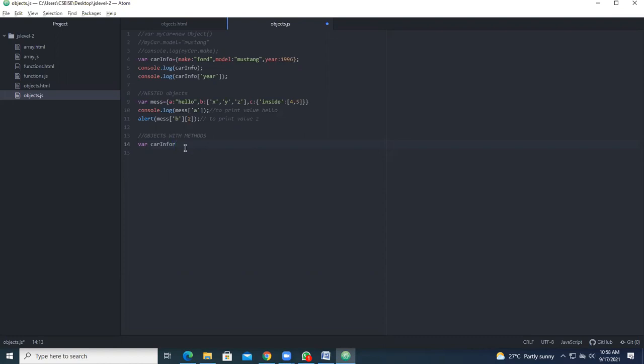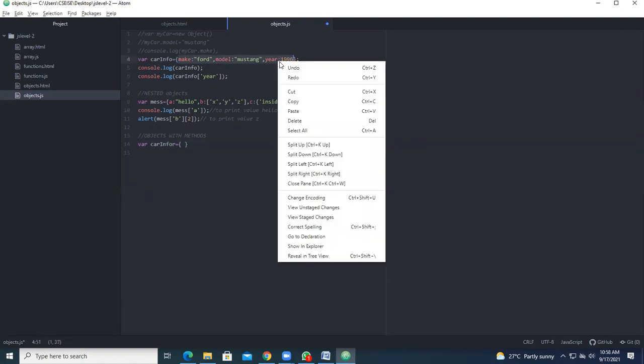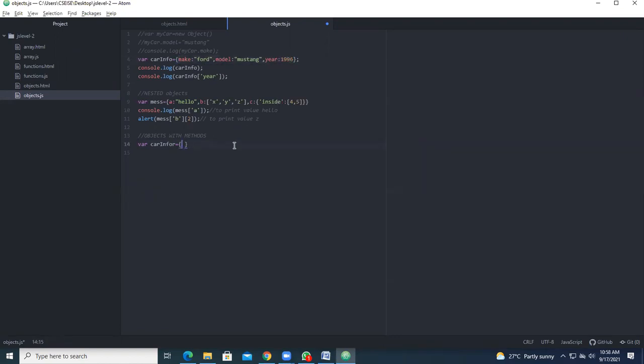Okay, I am taking it as carInfo here. So under that, take the same things. Just the thing is, I'm going to add a function here. So carInfo I have taken, make you have given, model you have given, year is also given. So now, comma. So after the comma, now you have a function.